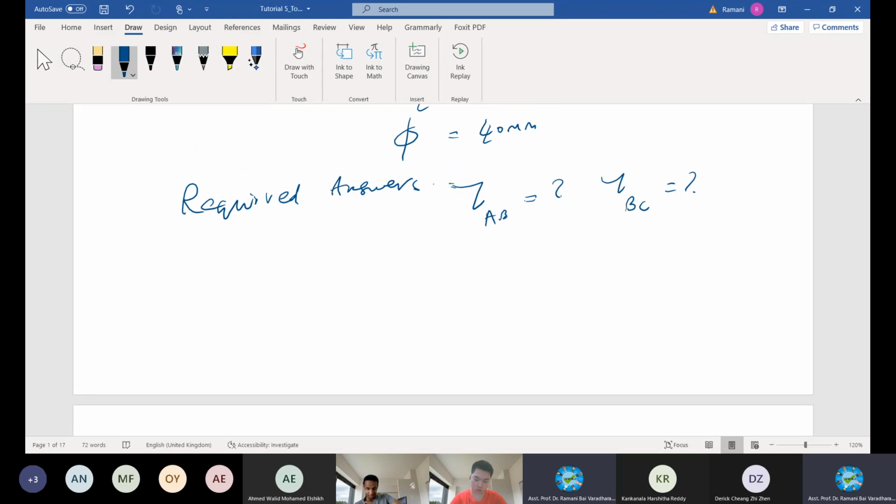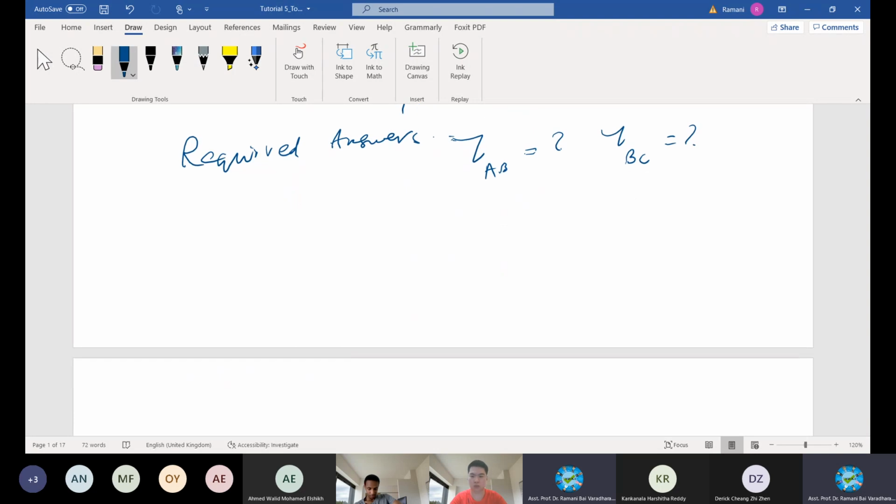It's just a two-step calculation only, but you need to understand well how the values are assigned and how you are taking the net value at that point or at the section. Let's analyze one by one. Here you are given one uniform shaft, no change in the shaft from A to C, the whole portion of interest in this question.